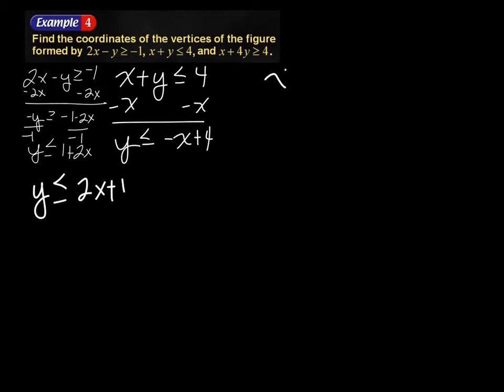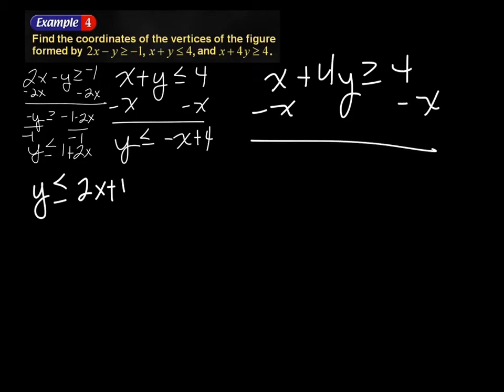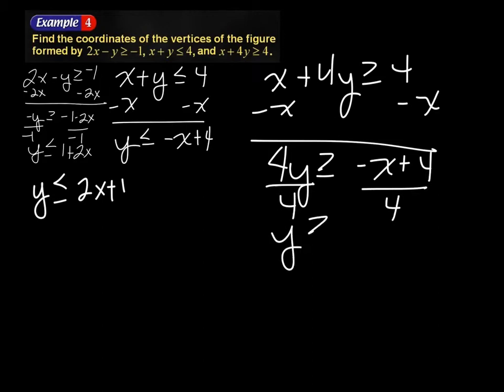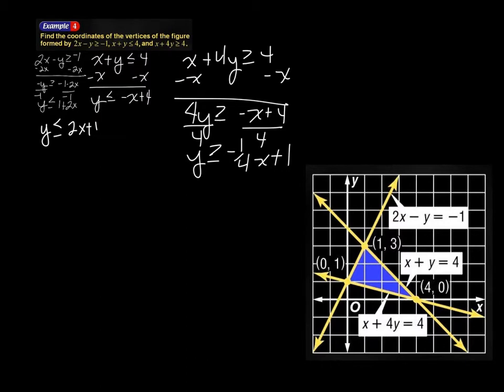Okay, and then our last one, we have x plus 4y is greater than or equal to 4, subtract x. So 4y is greater than or equal to -x plus 4, divide by 4. Y is greater than or equal to, that'd be -1/4 x, 4 divided by 4 is 1. The first line has a y-intercept of 1 and a slope of 2, so it's going up 2 over 1. The second line had a y-intercept of 4 and a slope of -1, so it's going down 1 over 1. And the third line had a y-intercept of 1 also, but its slope was -1/4, so it's going down 1